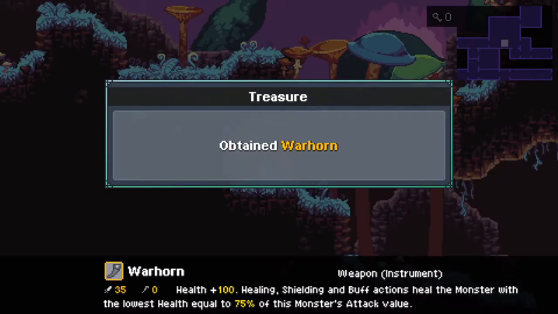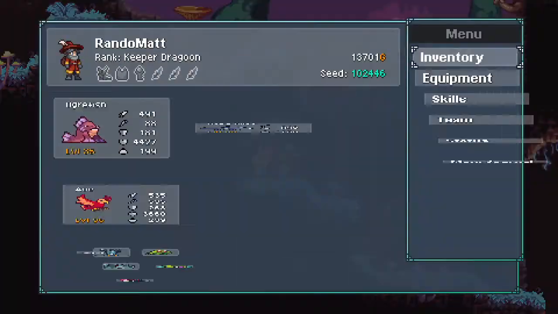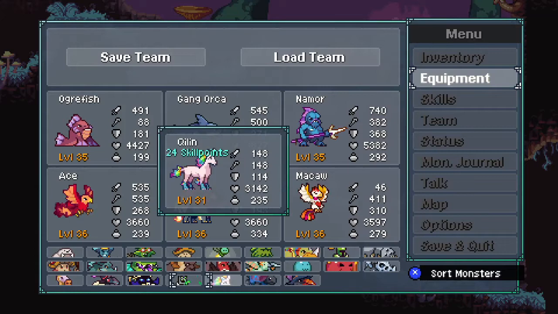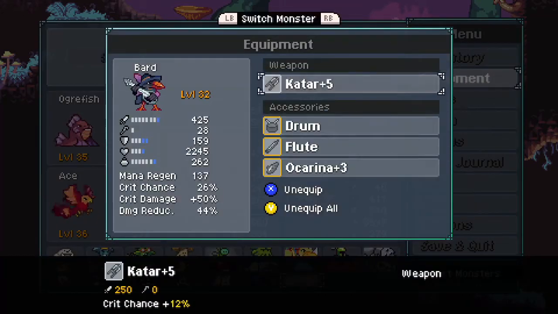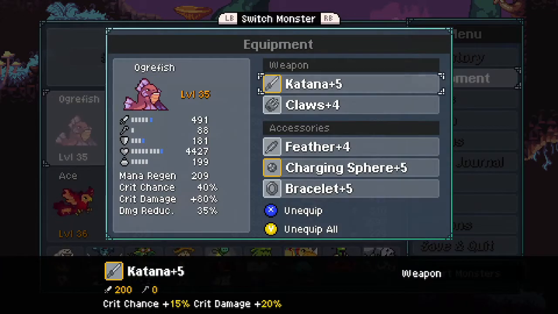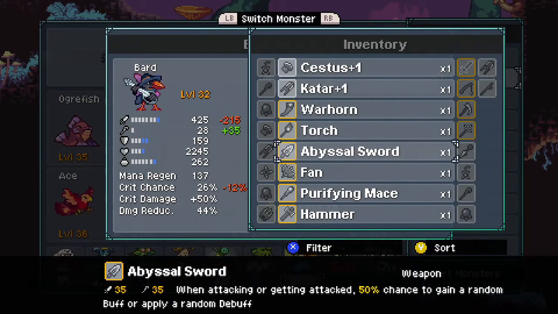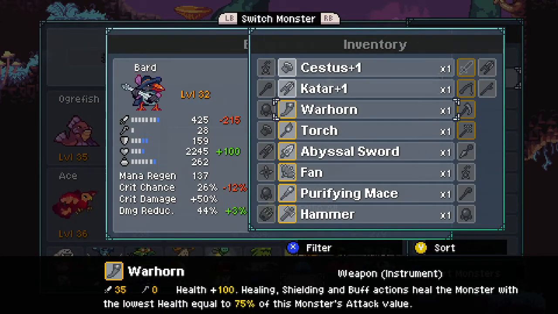There we go. Warhorn! Tooteth the fluteth, to summon the bruteth. That finally gives us a musical weapon for our bard. Let's see. Health plus 100, healing, shielding, and buff actions heal the monster with lowest health by 70%. Ooh, not bad actually. Normally I would use the harp, but I don't have the harp at the moment, so